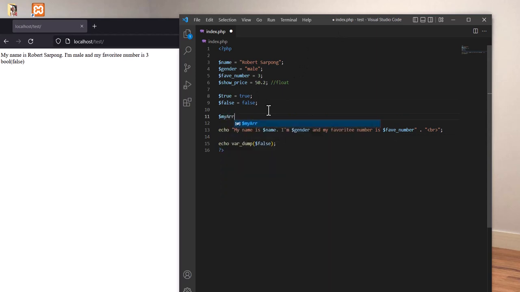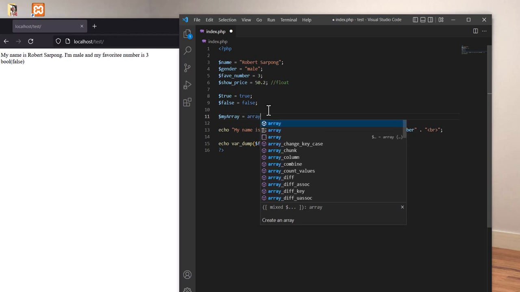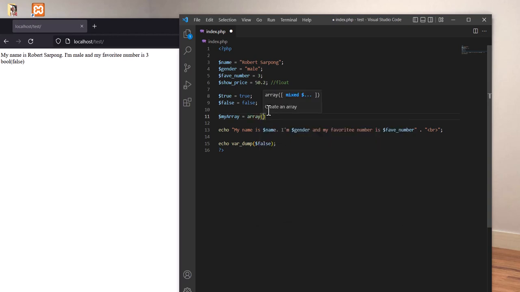I'll name this my array, and let's set the array to, let's say, shoes. So it means this array has a string data type which is shoe, and we can add an int which is the number 5, and let's add our semicolon. Good. So now let's try and echo that array. So echo